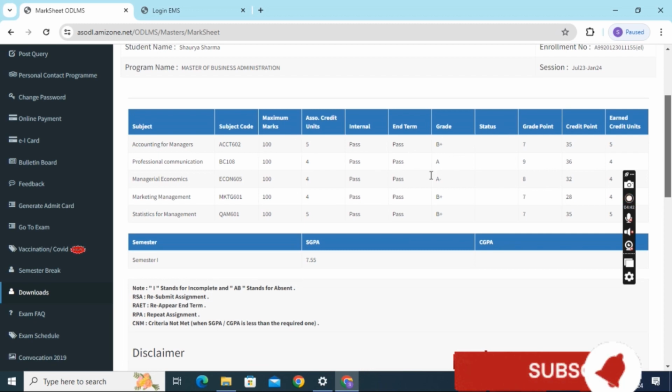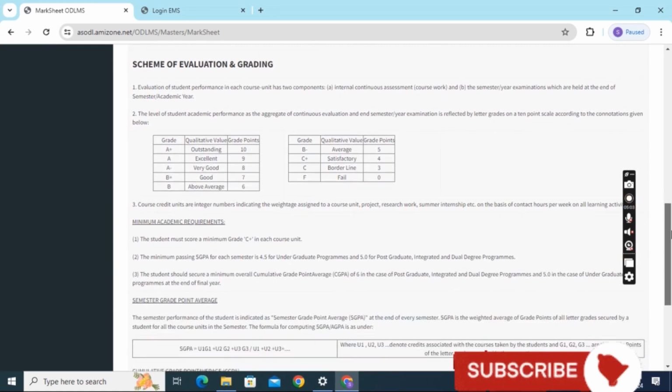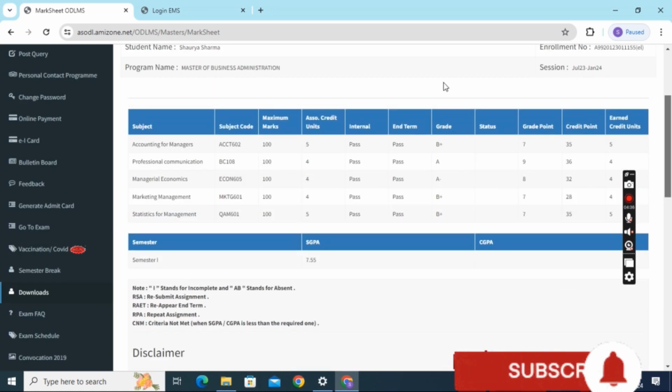options, internal and term. So I'm just saying, internal is to be mentioned as a pass. If you are not able to complete your milestones, please make sure that all the milestones or the modules are completed, so that it will mention as a pass in your mark sheet, and you will be able to get good marks.